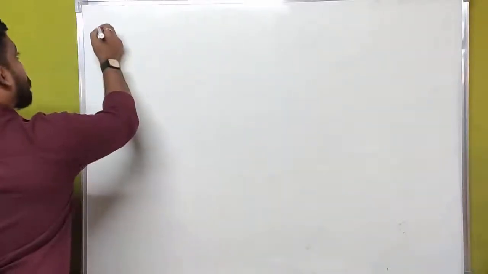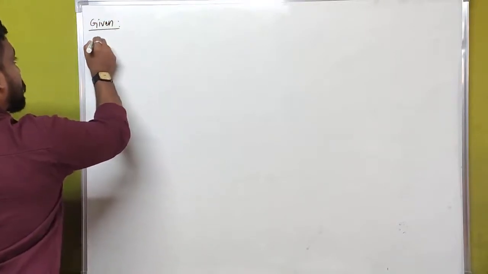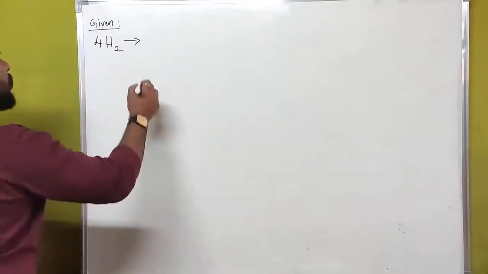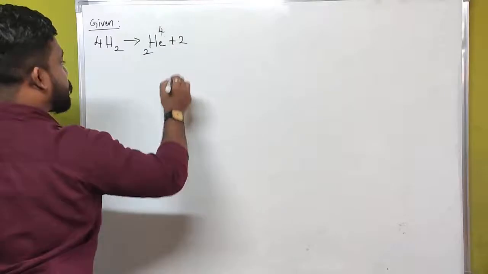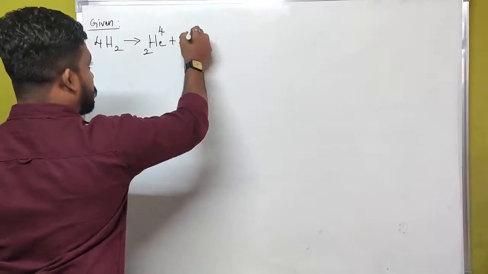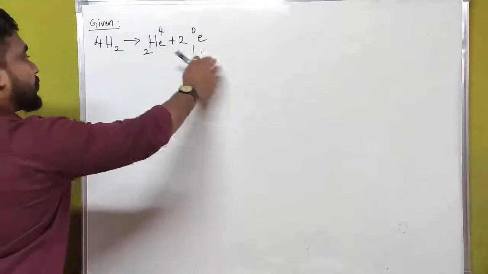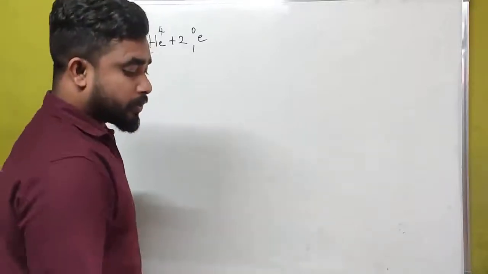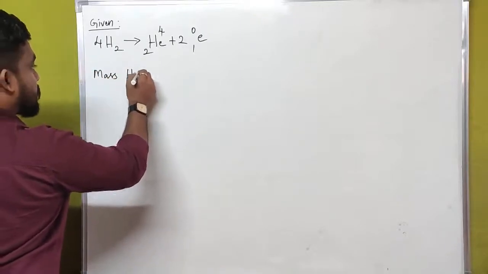That is, 4 H2 atoms are combining to give a helium nucleus along with two positrons, that is 2 into positron. Actually, this is the equation which is given, and the given data are: mass of a hydrogen nucleus, that is mass of an H2 nucleus,